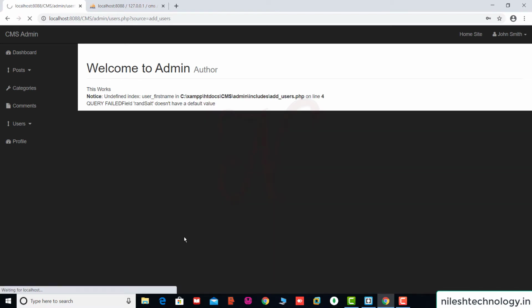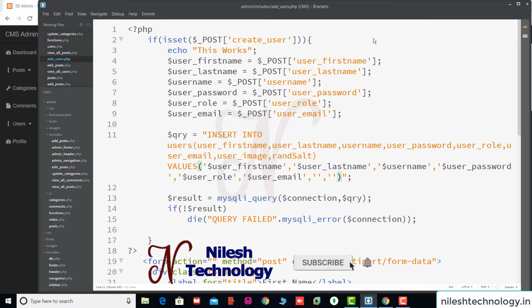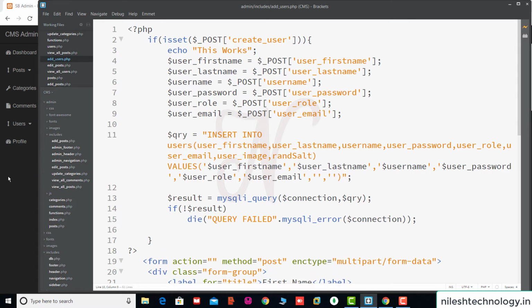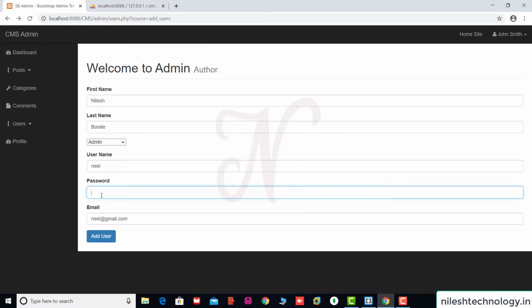Add user. See here, rand salt doesn't have a default value. So again we set an empty string for rand salt. Save these changes again. Click back, 1234 password, add user.